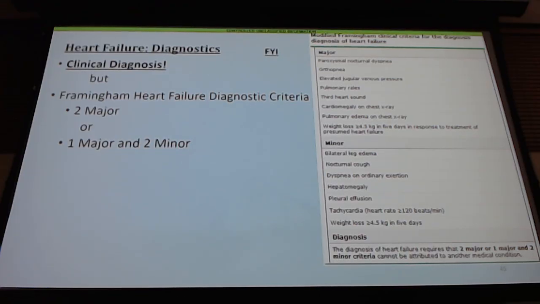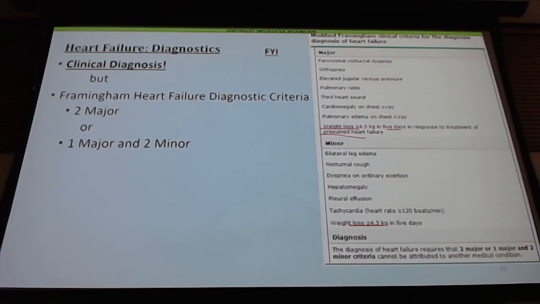And when you look at the individual values that go into calculating somebody's Framingham heart failure score, one is weight loss of greater than or equal to 4.5 kilograms in 5 days in response to treatment of presumed heart failure. So you have to presume this patient has heart failure and treat heart failure before you can actually diagnose that it in fact is heart failure. Does that make any sense? Not at all, right? That's a major criteria. And then a minor criteria could be weight loss of greater than 4.5 kilograms in 5 days